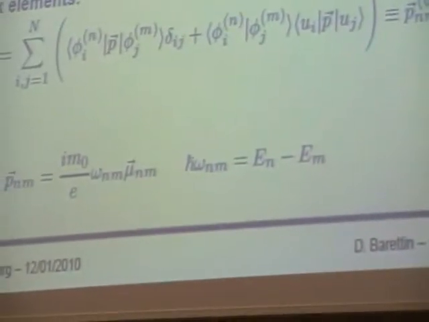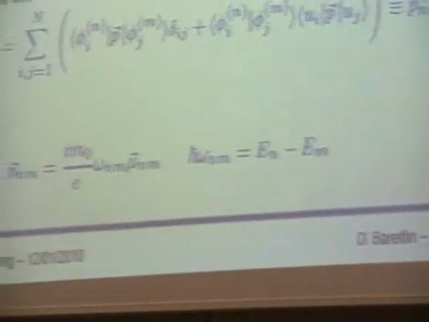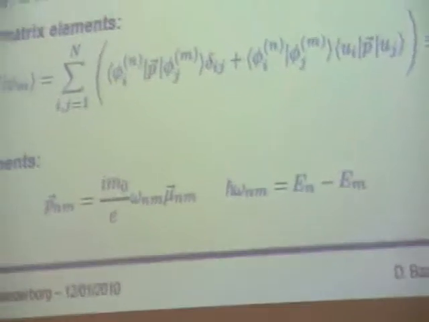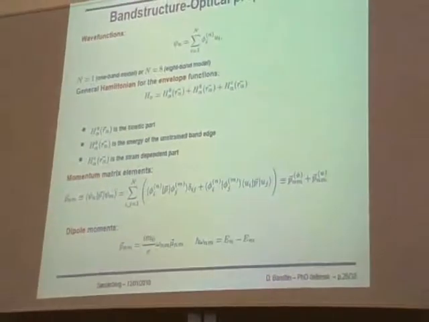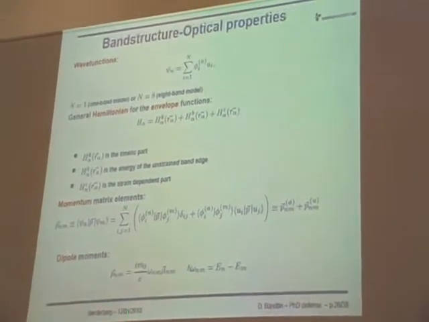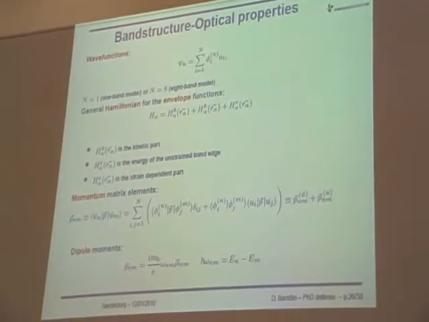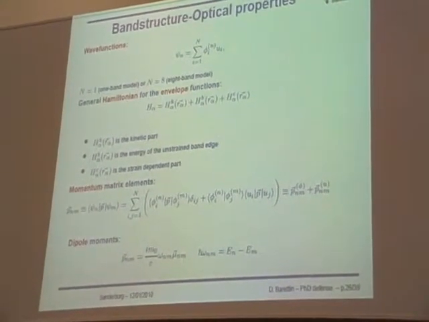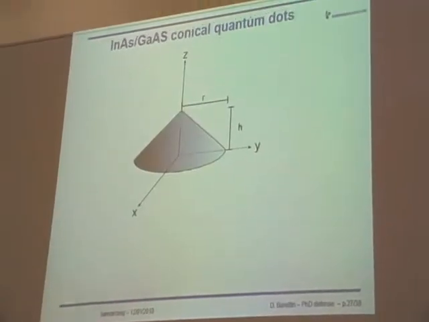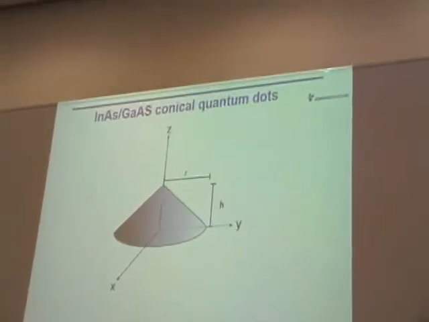We do it like that because we know that calculating the dipole moment directly between the Bloch cell parts is meaningless, since they are basically non-localized states. So we first calculate the momentum matrix and then we derive the dipole moment. So this is the theory, and then we apply it to different sets of indium arsenide, gallium arsenide conical